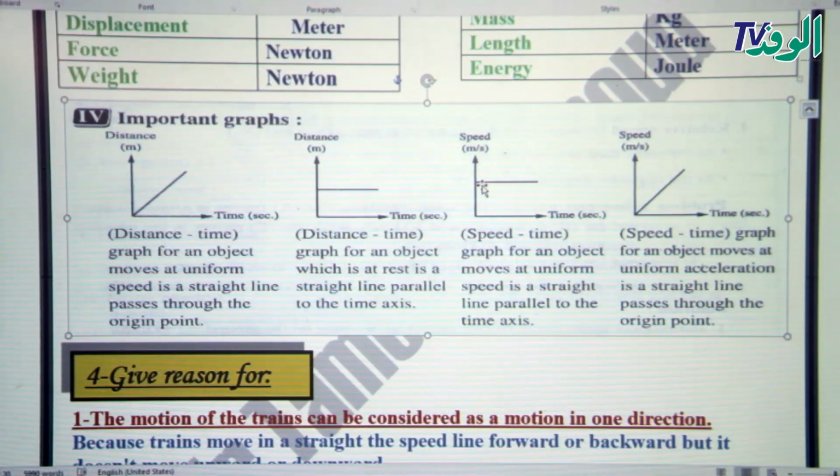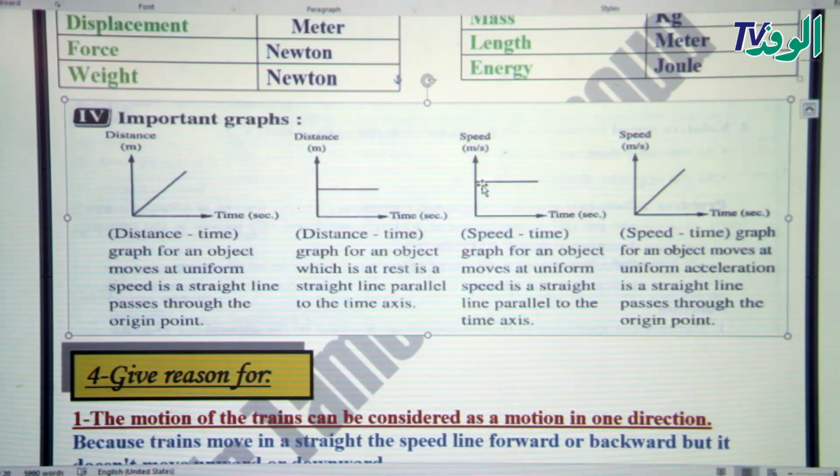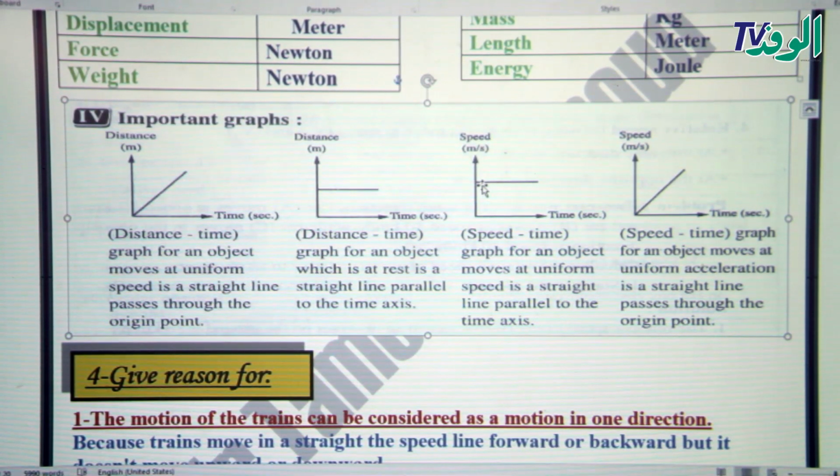Now let's move to one of the most important parts in our unit, which talks about the graph. I think the graph was a big problem for us, and to identify it, we said at the beginning, if you remember, how do we name the graph? Let's study some important graphs we have passed through, such as the first one. Yes, this is the graph of what?